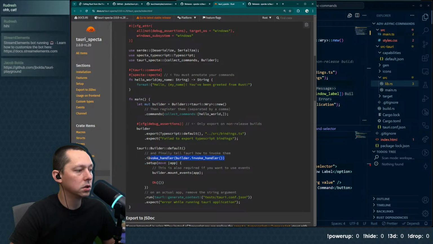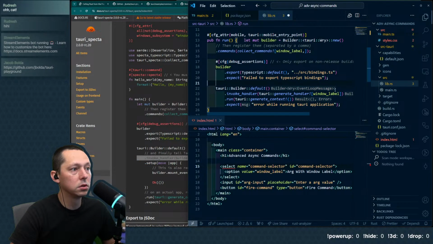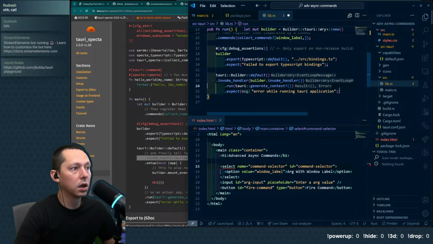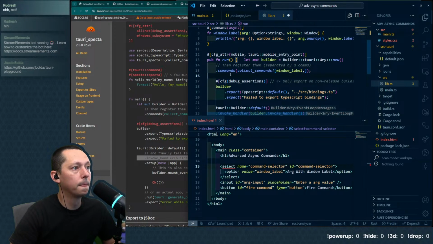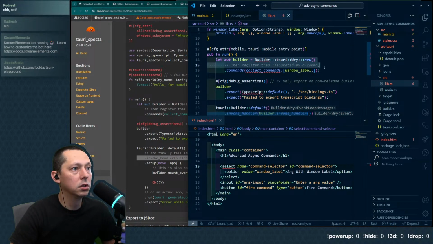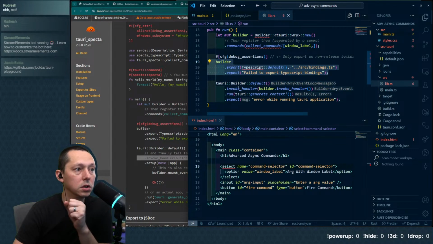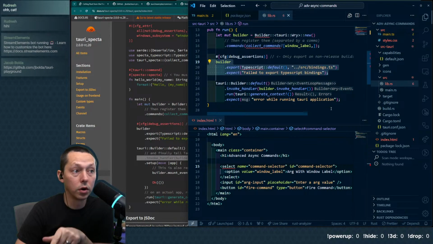And this is the big change. Invoke handler switches, because this generate handler ends up getting handled by the builder. So the builder is wired up to take the commands instead, and it sort of sits in between your commands and what eventually ends up getting passed to the invoke handler within Tauri.